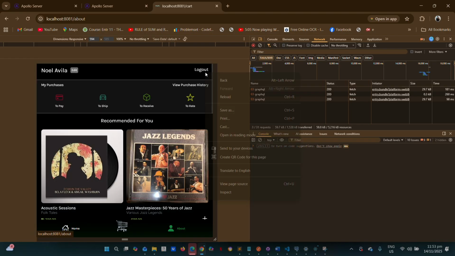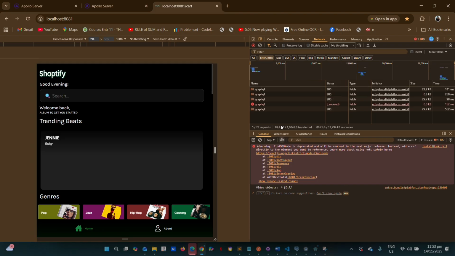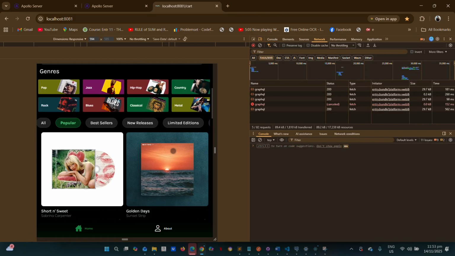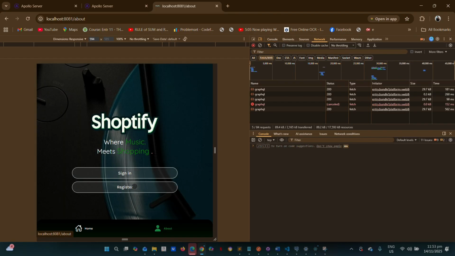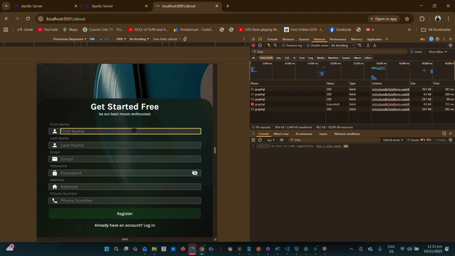So let's log out. When I log out, this is what it looks like. There's nothing connected to GraphQL now. So let's try to log in or register. Noel Avila, please hire me, gmail.com.